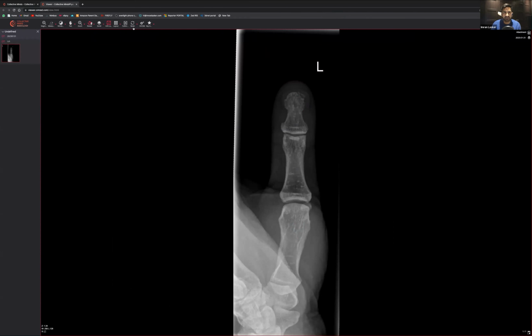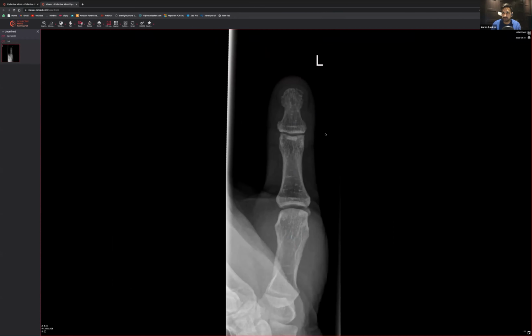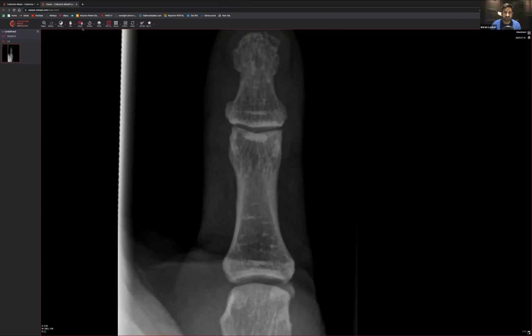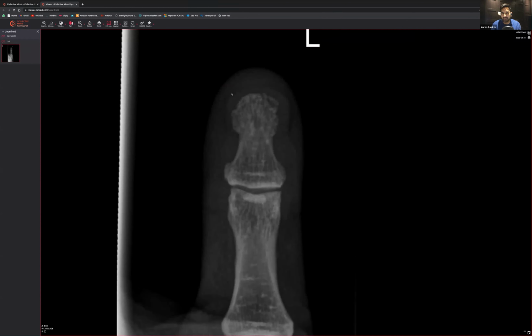Be really, really careful of overlap between soft tissue or any other structures. I've seen this happen before, where people can see that thumbnail, and because it overlaps the skin area or the bone in the area, they call it a fracture and move on, but actually there's no fracture. But in this particular situation, you can see that this goes along like this, and down like this. And actually there is what looks like a fracture. That looks like a proper discrepancy within that area. So this would be a terminal tuft fracture, no doubt about it.